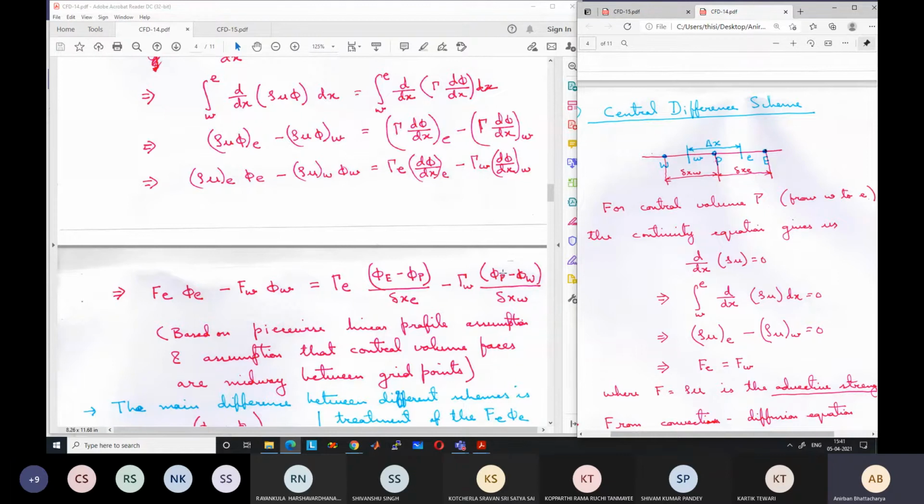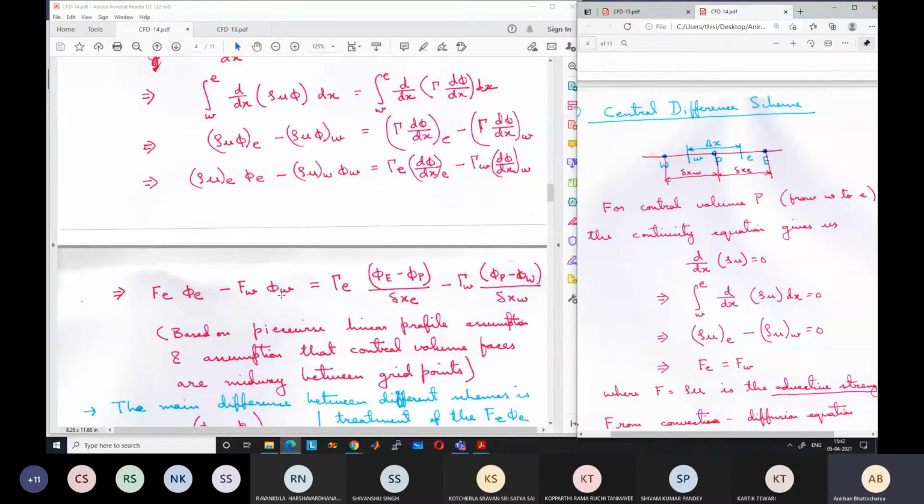Okay. So this we have discussed before the midsem also for the diffusive terms. So the new thing was the convective term, and by integrating the convective term over the control volume from west to east, we found that it can be written as rho u phi at east minus rho u phi at west. Or rho u at east into phi at east interface minus rho u at west phi at west interface. So rho u at each interface we know can be written as F. So Fe phi E minus Fw phi W. So this was our left hand side, the convective term.